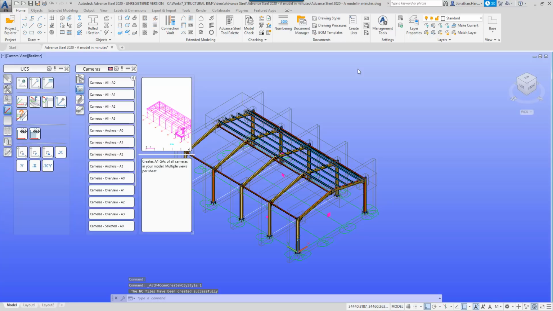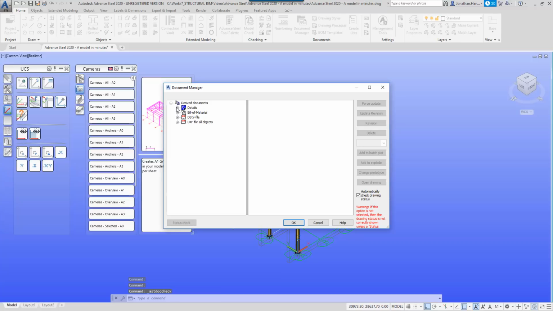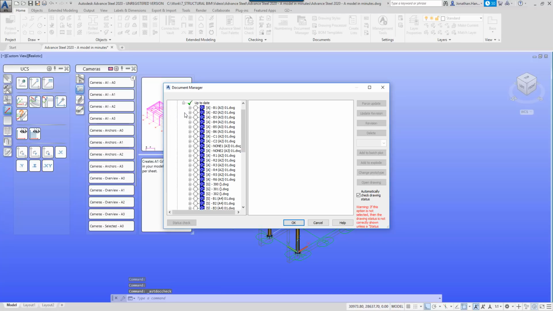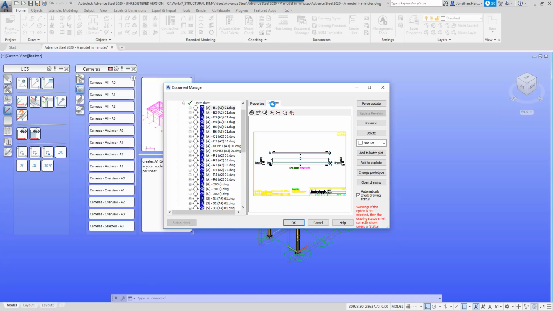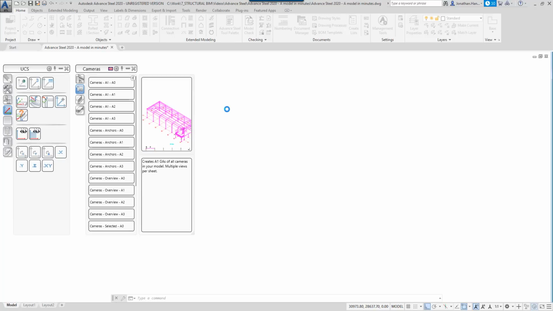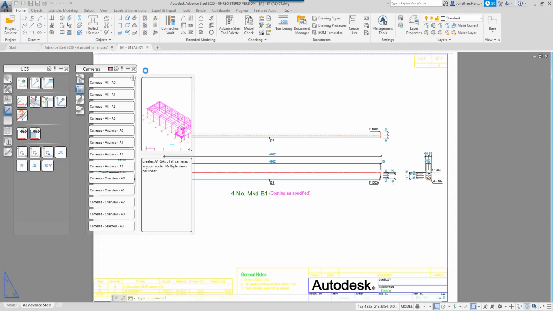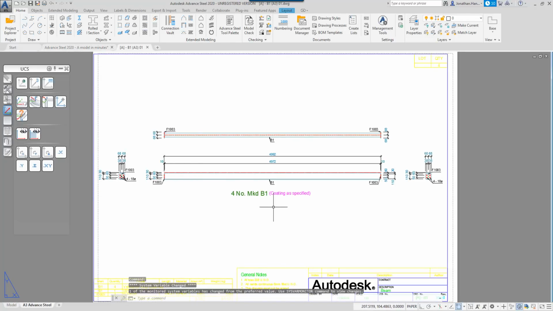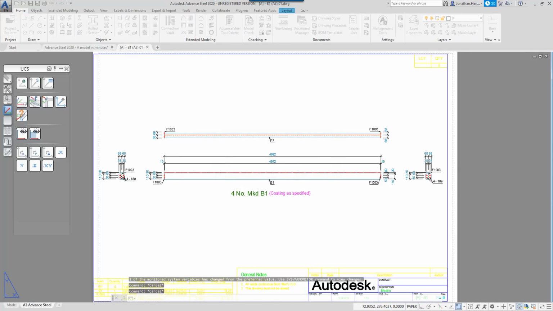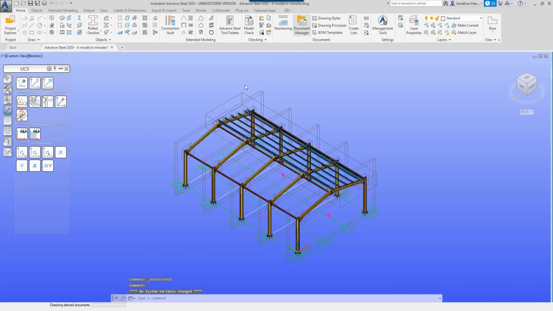So once I've everything created, I can now use the document manager to view everything. So click your document manager, have a look at the detail side of things, up to date, and we can have a look at each drawing. You can click a preview and it will show you a preview of the drawing. If you want to click into it, double click, and Advance Steel will then open the drawing of beam number 1. Close out of that, don't save it, and if we again look at the document manager,